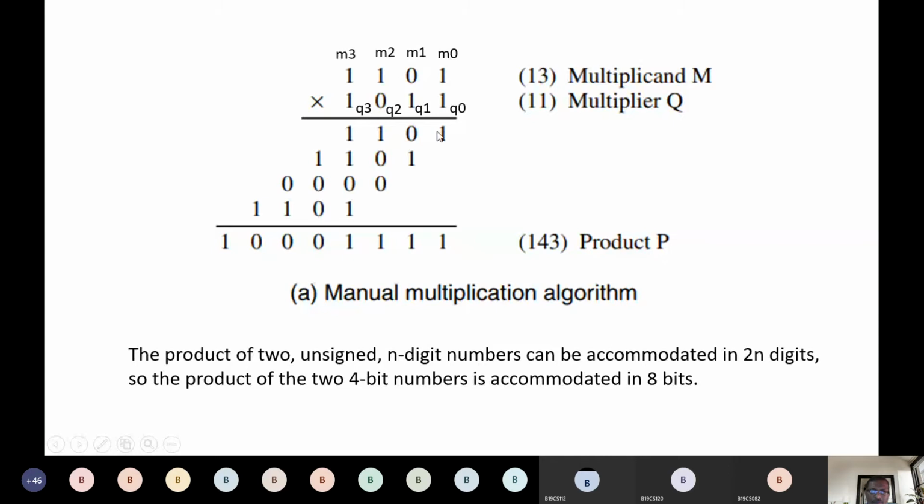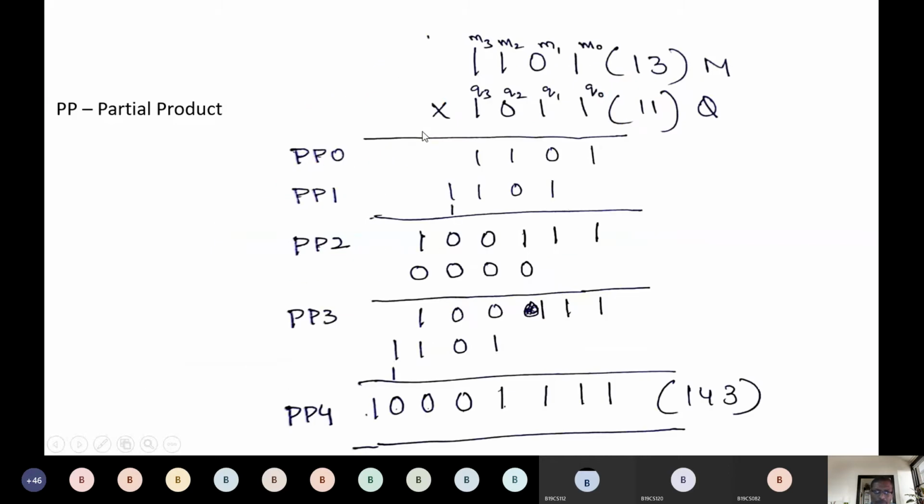So whatever we get, we call as partial product. Here I had kept the diagram, so this one is better. I had written and scanned this product. You can see the same thing: 1101 which is 13, 1011 which is 11, M and Q. This is M0, M1 and Q0, Q1, Q2, Q3, and after the product of Q0 into M0, Q0 into M1, Q0 into M2, Q0 into M3, we got 1101. This we call partial product. PP means partial product 0. Next, we will multiply with the second one.